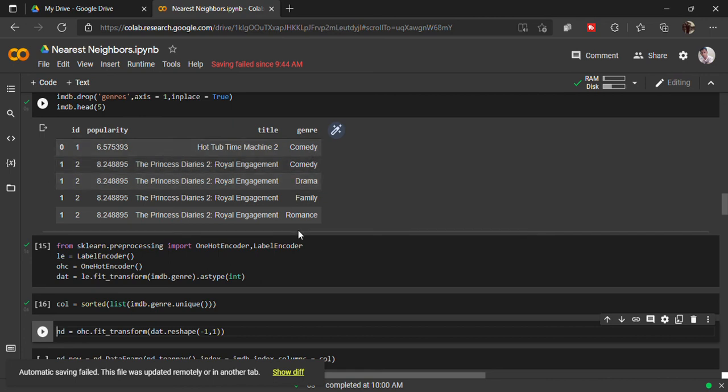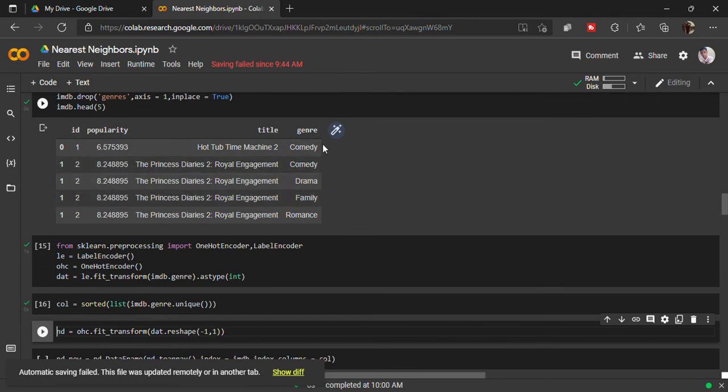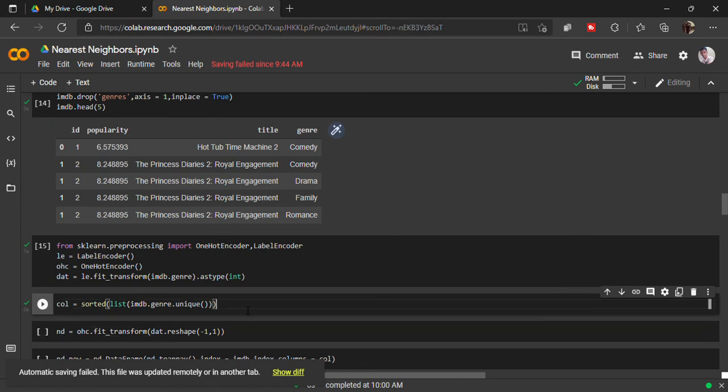If there are 20 values, it will assign up to 20 as unique values, alphabetically. So what we just did is sorted list of imdb.genre.unique. We took the unique values present and sorted them so that they will be ordered in this list.